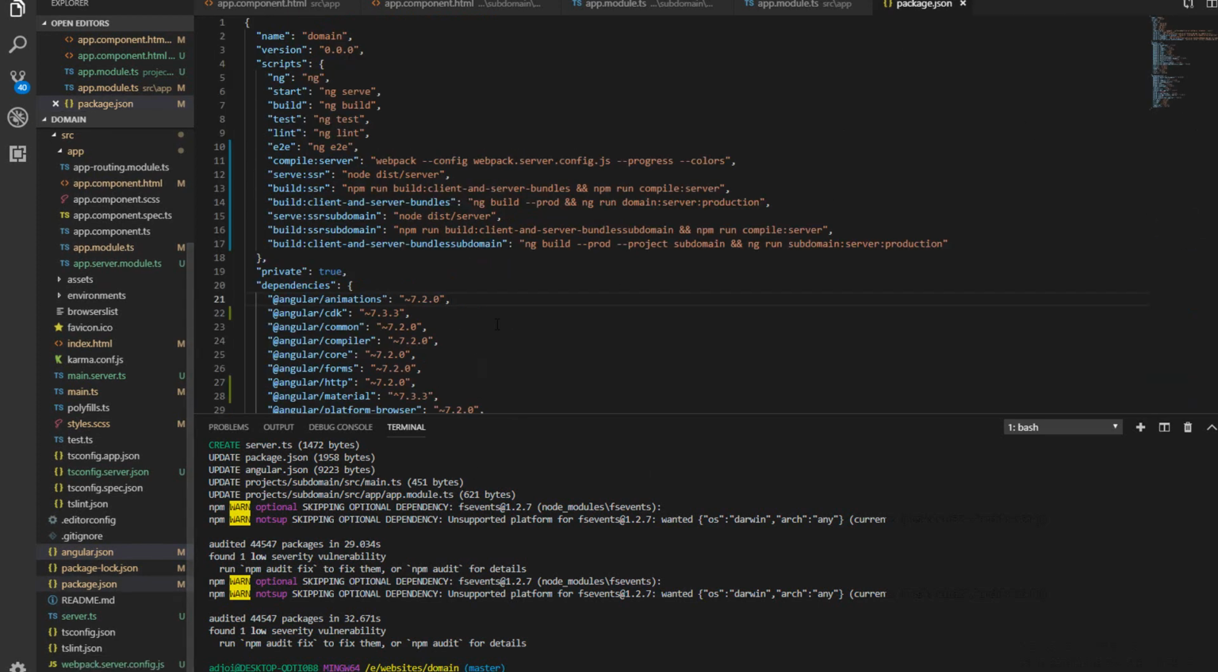Okay, so let's close that and let's run the universal server for the subdomain application. To do that, I'm going to run npm run build. This time I'm going to build the subdomain application, which is build:ssr subdomain, and I should specify that build it, and I'll also run npm run serve, and it should also be our server for the subdomain,